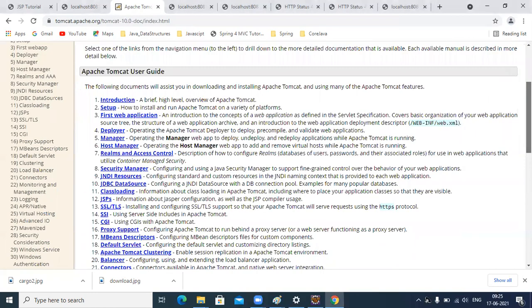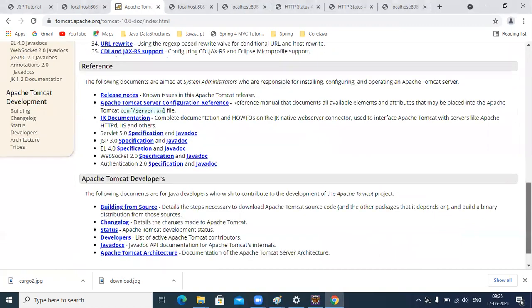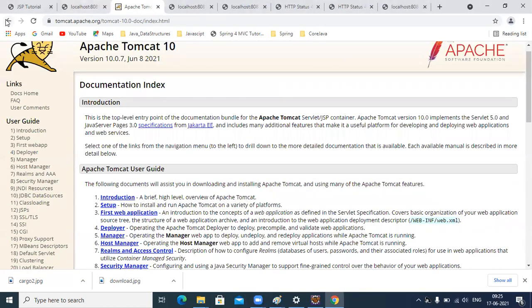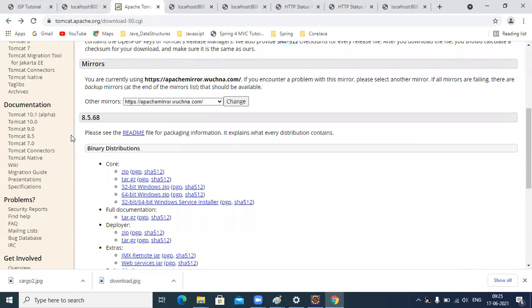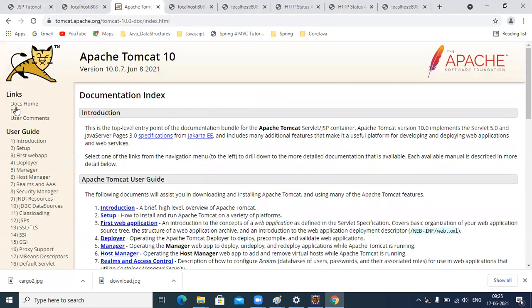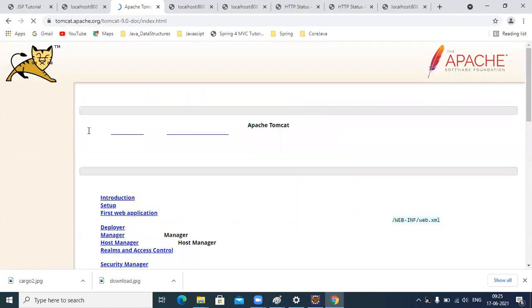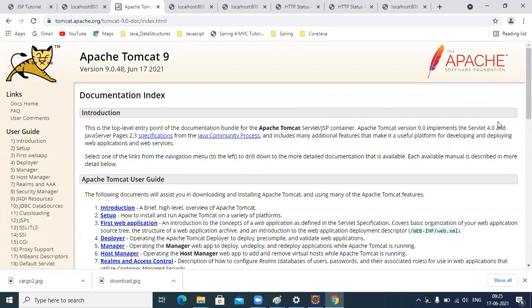If you click on Tomcat 10, it gives so many options. And one more thing, you should not install the alpha versions or any extensions. So better click on Tomcat 9, which is the standard version as of now.